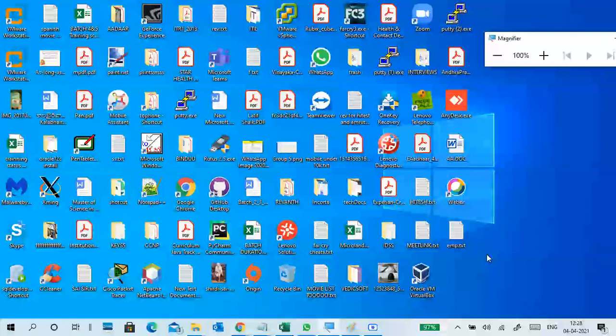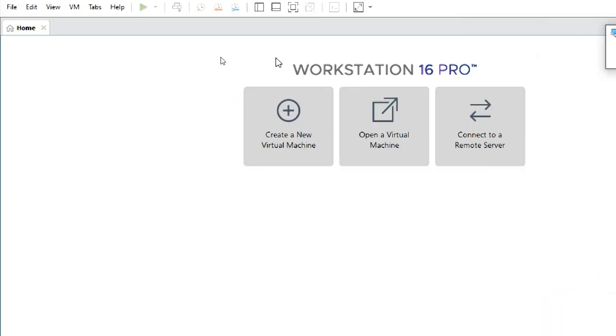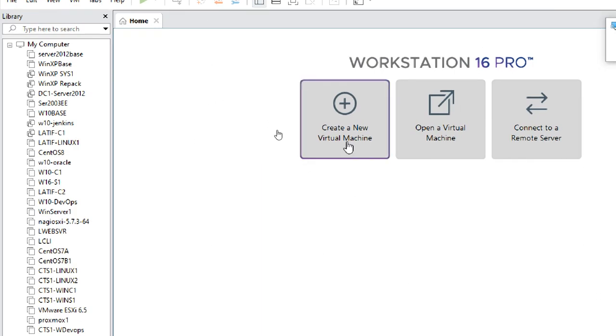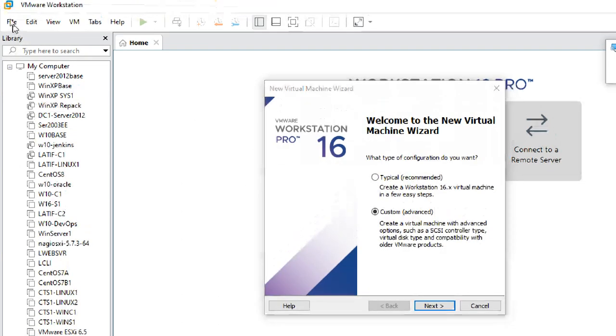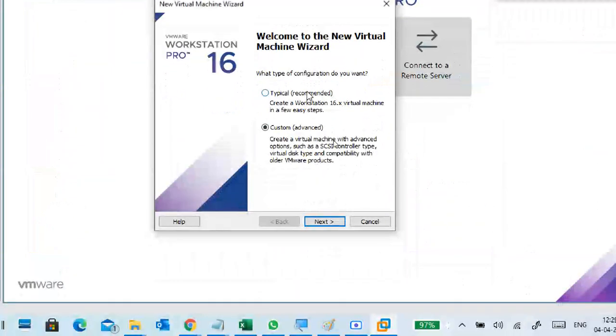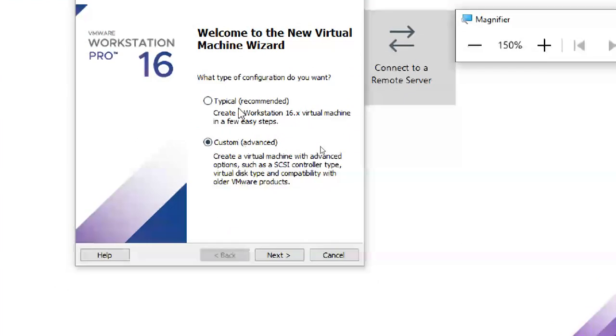If in case you are not using VMware Workstation but VirtualBox, please tell me. I will show you how to install it, if you don't know how to do it. So, new virtual machine. You can see this screen like this. Click here to create a new virtual machine. If you don't get this option on the screen, you can go to File, New Virtual Machine. You can use typical or custom. I'm using custom here. I changed my plan because there is an issue with typical.